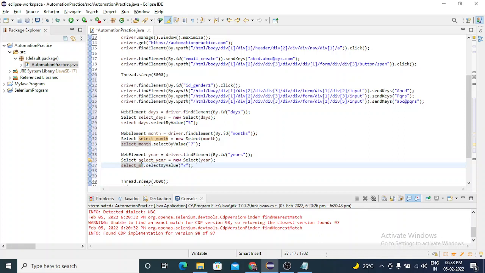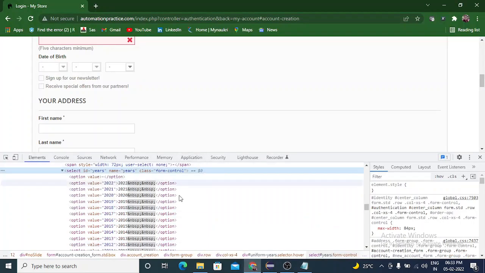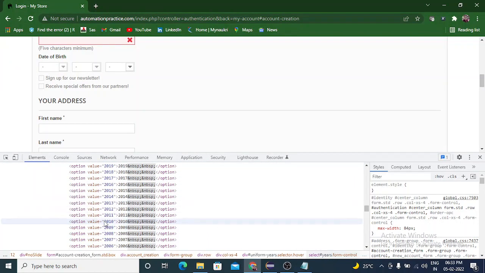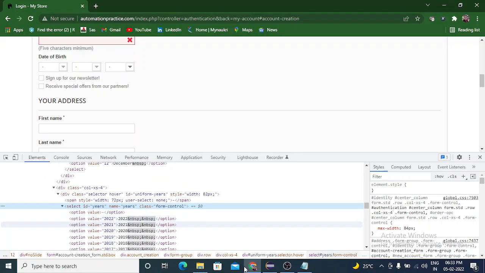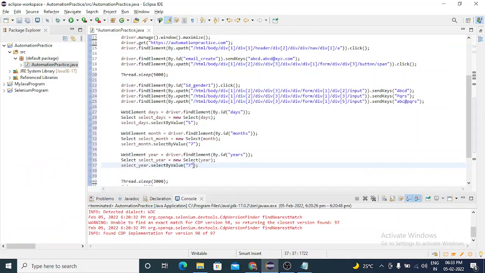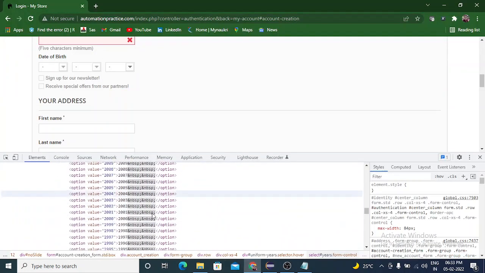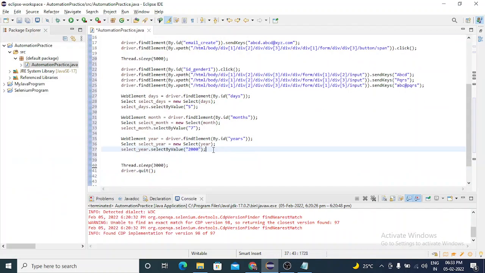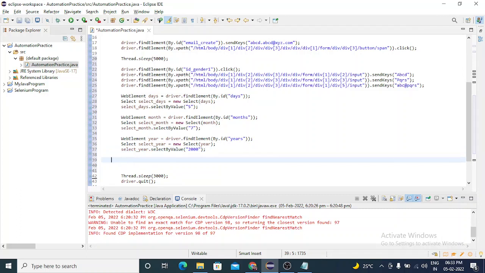Then this is select by value, so the value is like 2010, 2009, 2022. I will select any value, 2000. Okay, is 2000 there or not, just check. 2000 is there, so it will select your drop down.